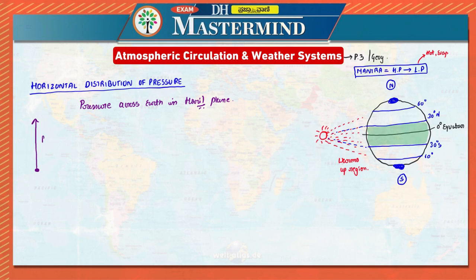Pressure decreases with increasing altitude because there is more pressure on the ground due to gravity. When the air heats up, the molecules separate a little further and it rises up, so there is less pressure on top. As you go higher in altitude, the pressure is less in the case of vertical distribution. In the case of horizontal distribution,